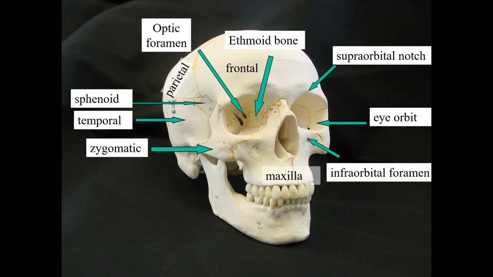The maxilla is our upper jaw. The maxilla doesn't move. It contains 16 teeth, which correspond to the 16 teeth in the lower jaw. The mandible, this bone, is our lower jaw, and the mandible articulates. That means when bones move against each other, they articulate. The mandible will articulate against the bones of the skull here at the back,